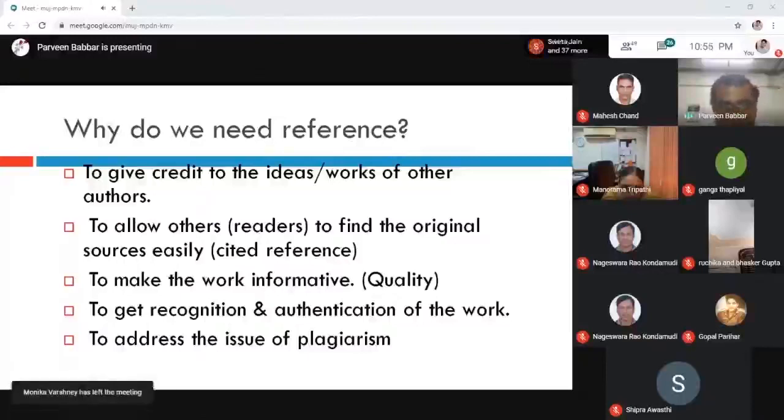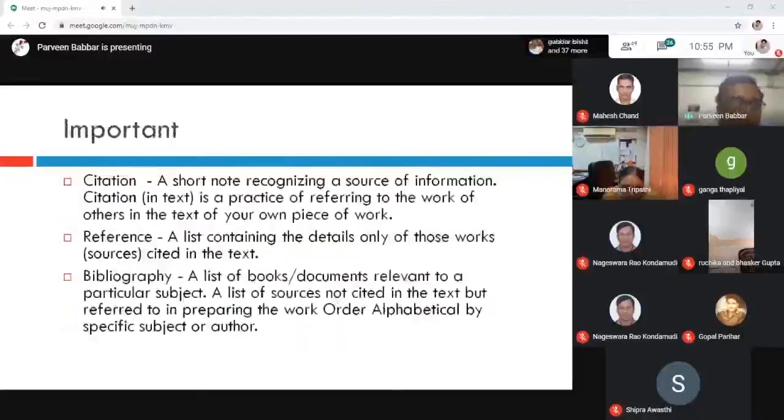To recognize and authenticate your work, it is essential that whatever references or citations you have taken from other sources are acknowledged properly, so that it can address the issue of plagiarism as well. So for a paper, apart from content and context, facets like citation, reference and bibliography are also an essential part.